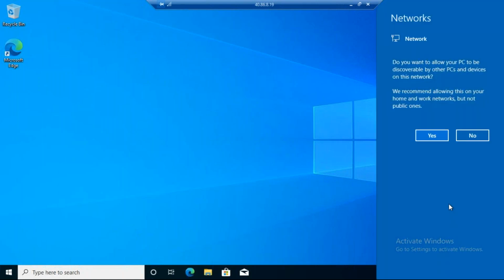It is asking whether you want to allow other outside network. If you say yes, we can connect to internet from this machine. Say yes.